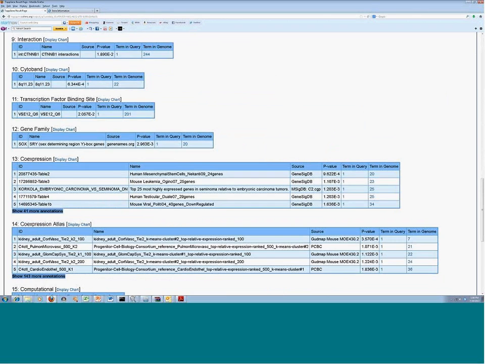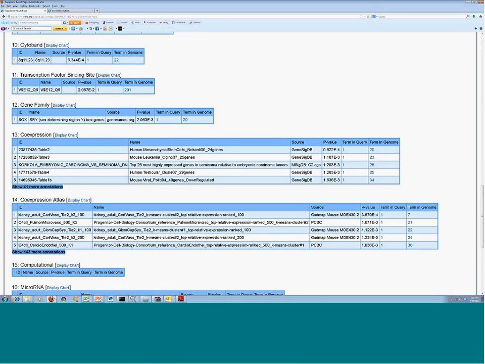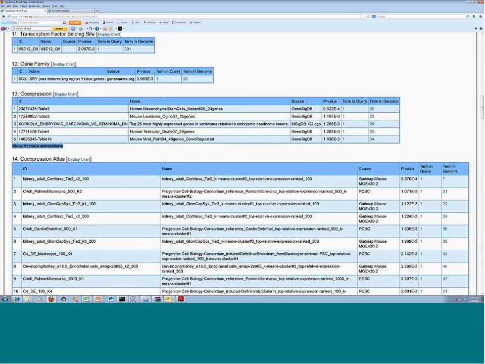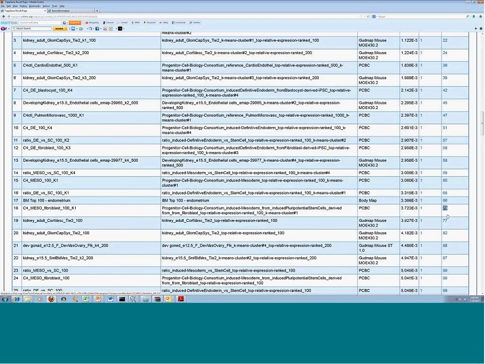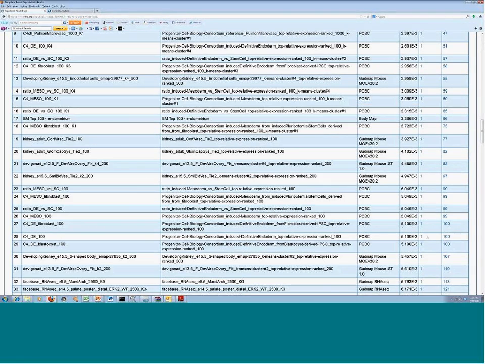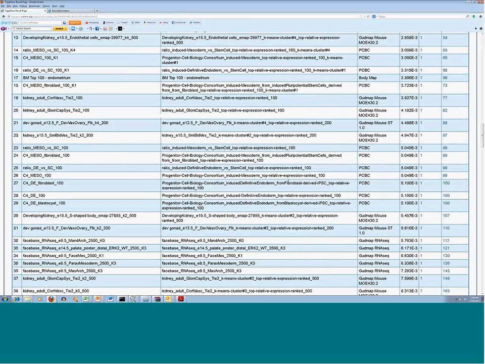Okay, so now down here in Expression Atlas are a set of signatures from PCBC where SOX17 is one of the genes in that signature. And so it could be a very small list of genes, and the p-value looks like it's more significant for the smaller list of genes. But sometimes what we want to do is really a fairly big signature, and so this is the ratio of